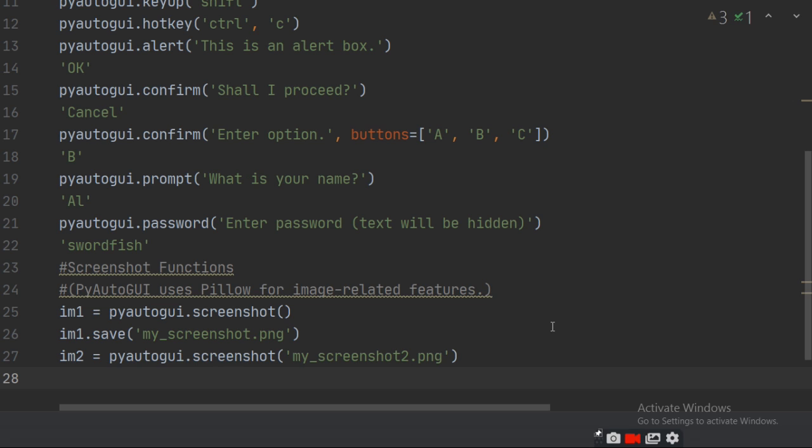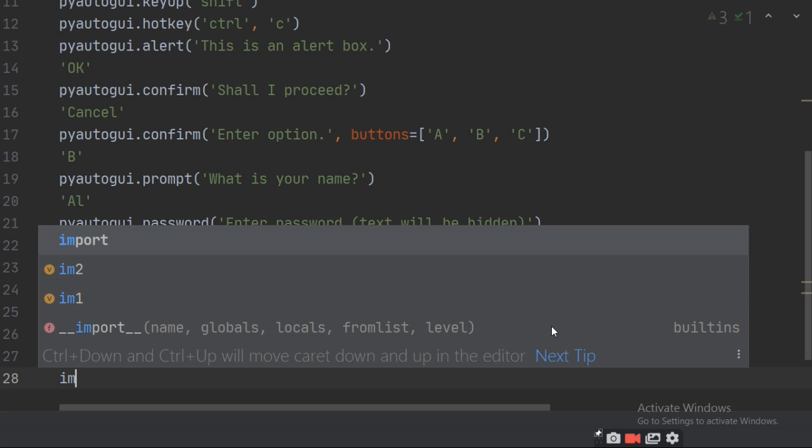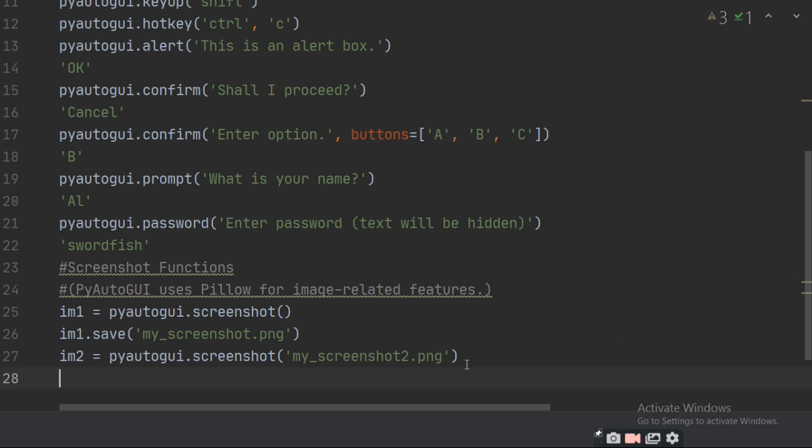So it will save your screenshot by the name my_screenshot.png. Then im2 = pyautogui.screenshot my_screenshot.png. If you write im in place of a screenshot, you can also take the button shot also.